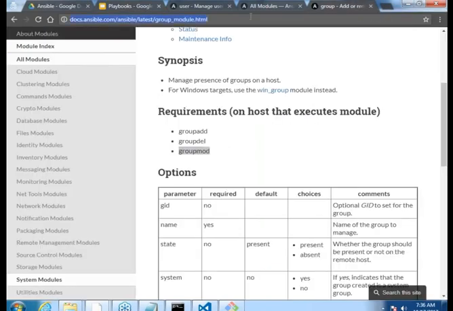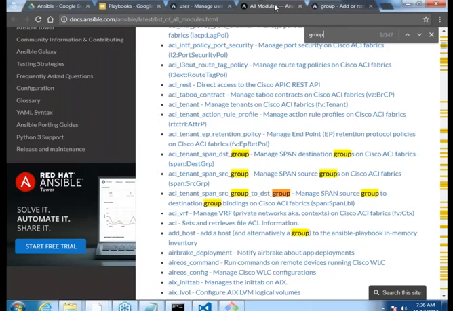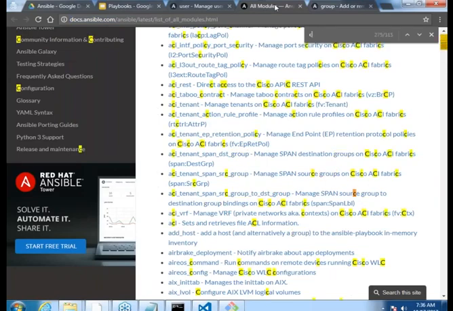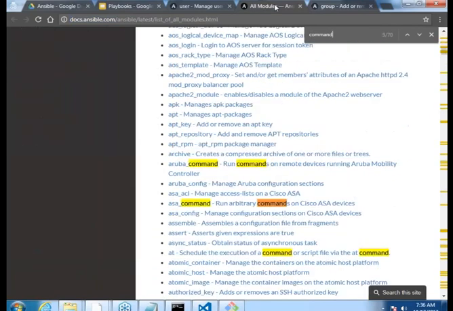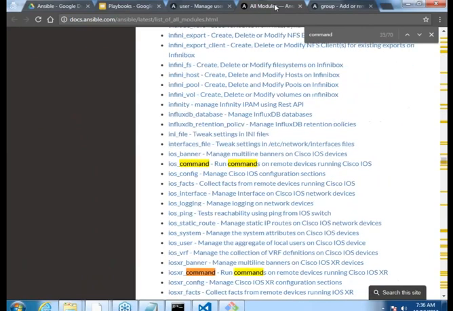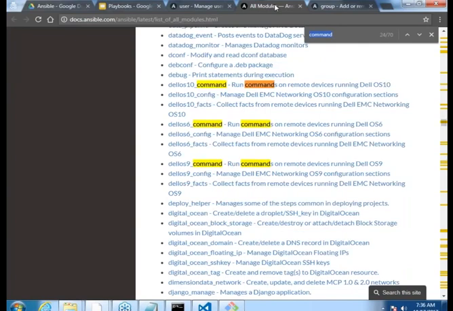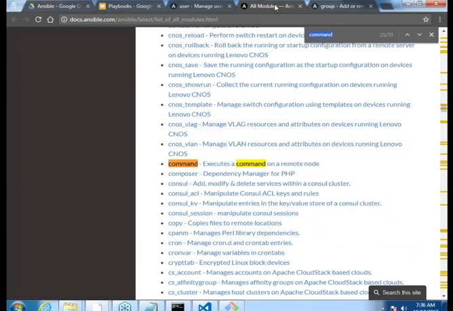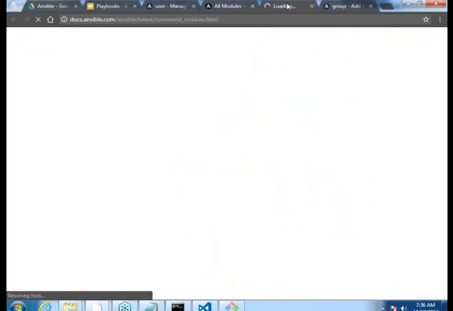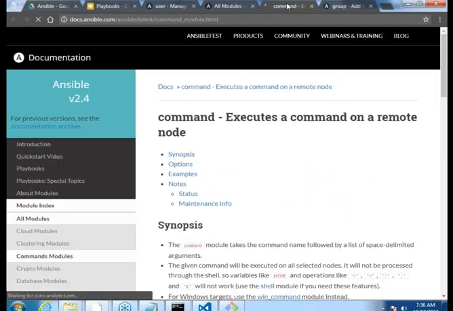So Ansible module, and let me search if I can find something called command directly. Command module.